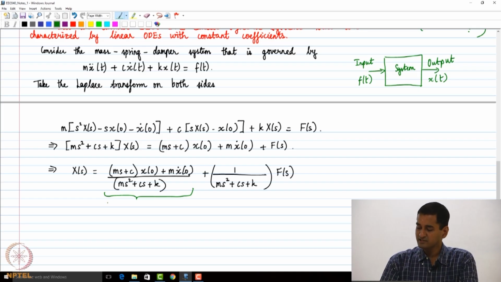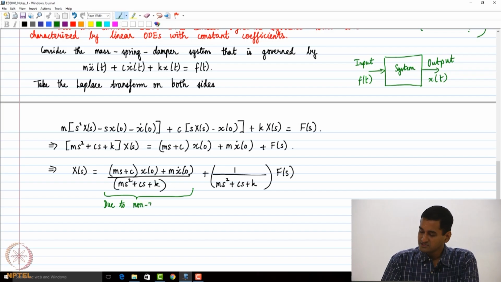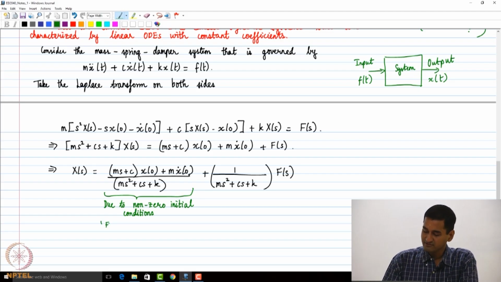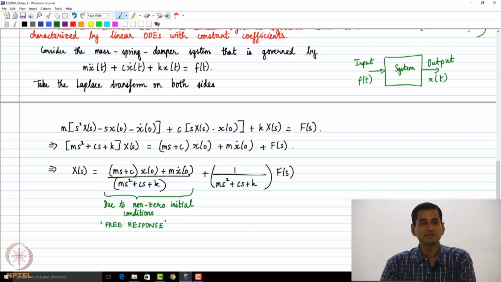So the first part is the contribution of the output due to non-zero initial conditions, okay? And this, as far as our course is concerned, we would call the free response, okay? So I'm reiterating these points once again, right? The part of the system output that comes due to non-zero initial conditions is what is called a free response,